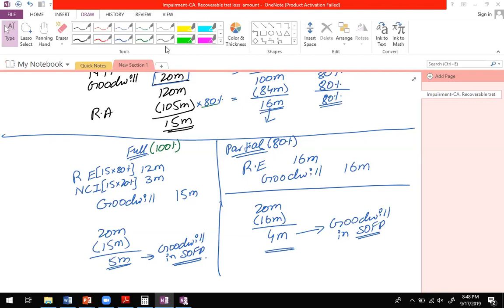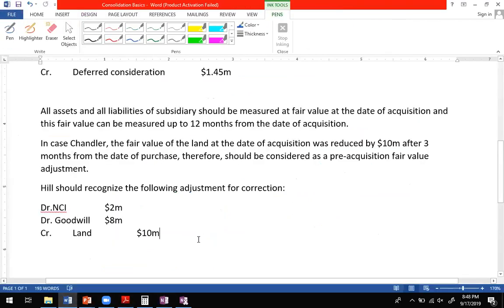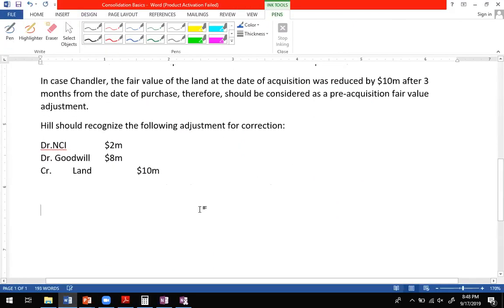Cindy saying, can you write the concept of treatment of goodwill under partial? Cindy, are you talking about the impairment loss, or are you talking about the general treatment? Because if you are talking about the impairment loss, I'm already going to write it down because it was a part of the requirement of the question. So if I go to my Word file, I'm going to say, in case of impairment of goodwill, of partial goodwill,